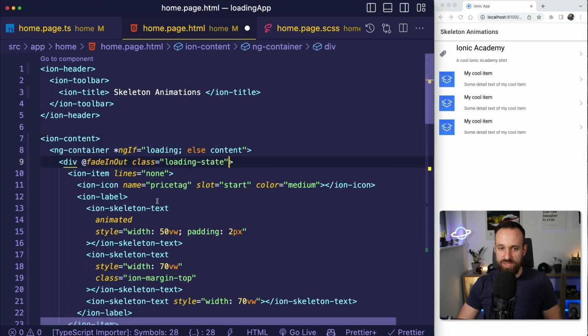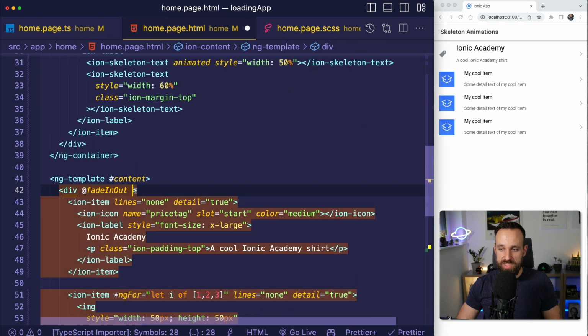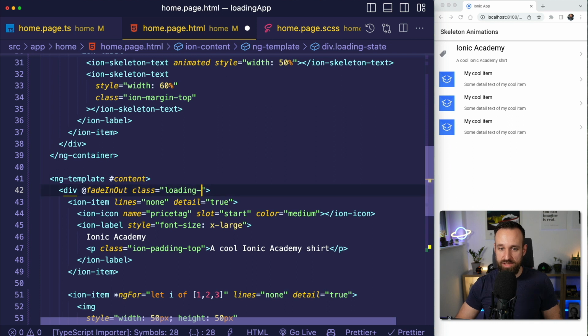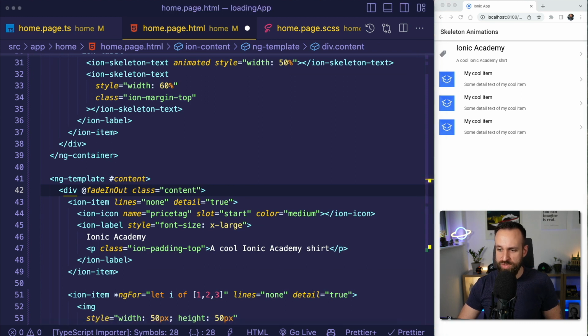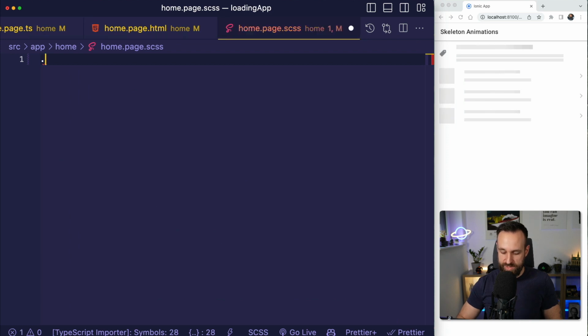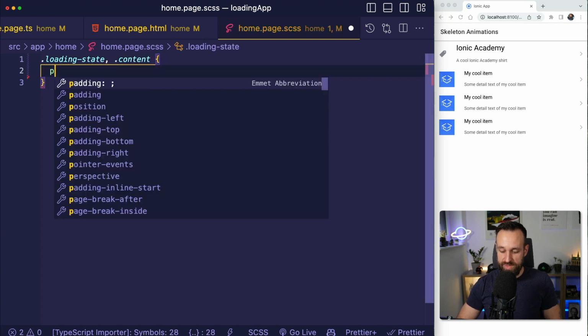So I'm gonna give this one the class loading state, and I'm gonna give this one the class, I should probably make this consistent, right? I should probably call this, I will just call it content for now. We have to live with that. And what I'm gonna do is I'm gonna add classes for loading state and for content, and I'm gonna give